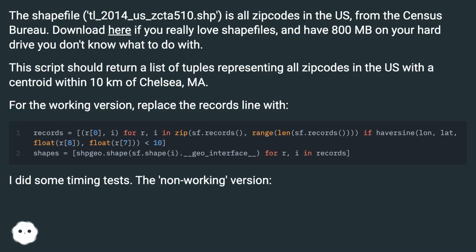Download here if you really love shapefiles, and have 800 MB on your hard drive you don't know what to do with. This script should return a list of tuples representing all zip codes in the US with a centroid within 10 kilometers of Chelsea, Massachusetts. For the working version, replace the records line with